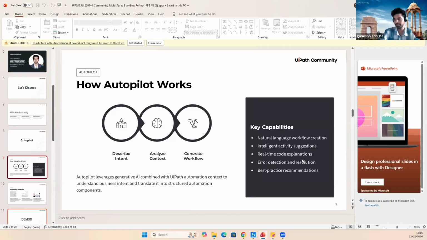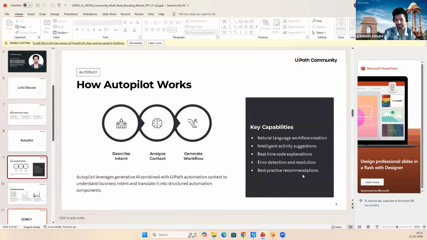It's real-time code explanation, as I said, when we are debugging or want to get the solution. In error detection, let's suppose we get an error, it will give how the error can be resolved.